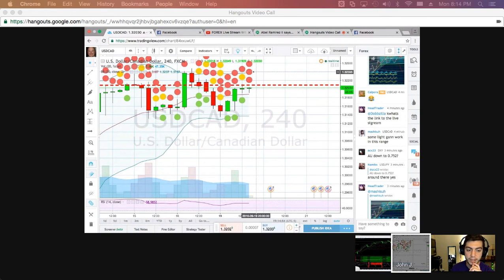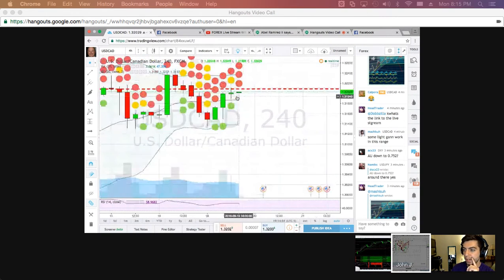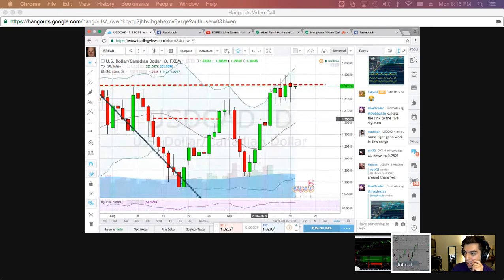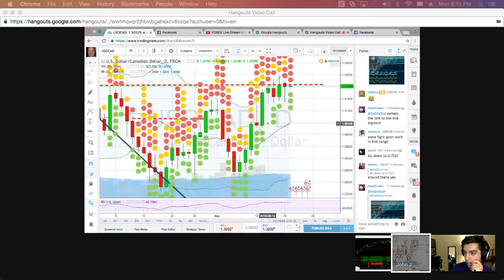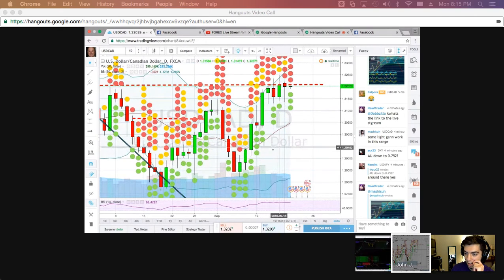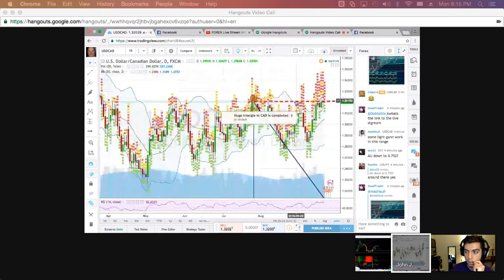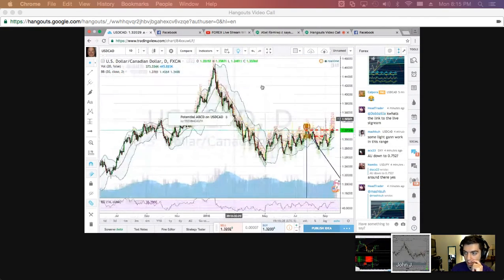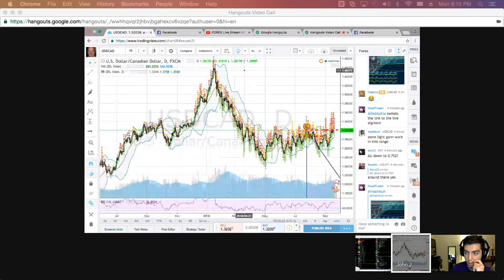Simpleton is saying to look at the day candle. He's saying it just went up 200 pips from like a couple days ago. On the daily? The day chart, yeah. It's like almost a week ago. Oh. Now, yeah, when you look at the daily and the weekly, honestly, USD CAD looks really bullish. That is very true. Yeah, it does. It looks like it could go up to maybe 145 even.